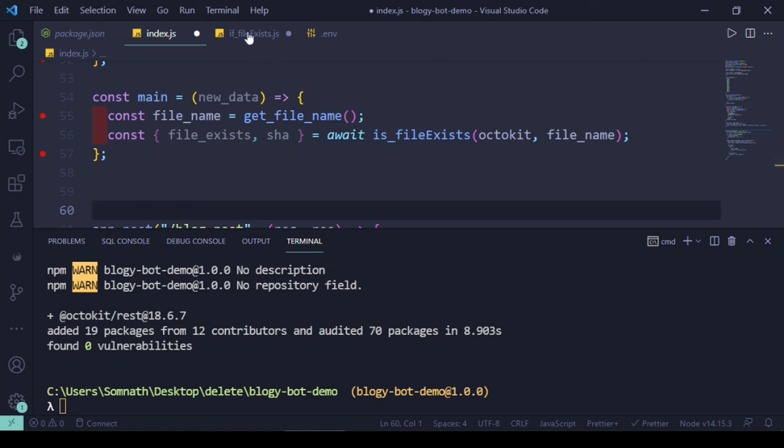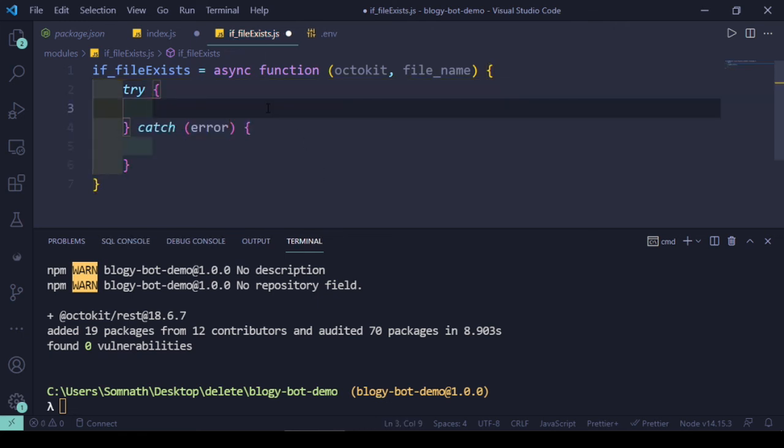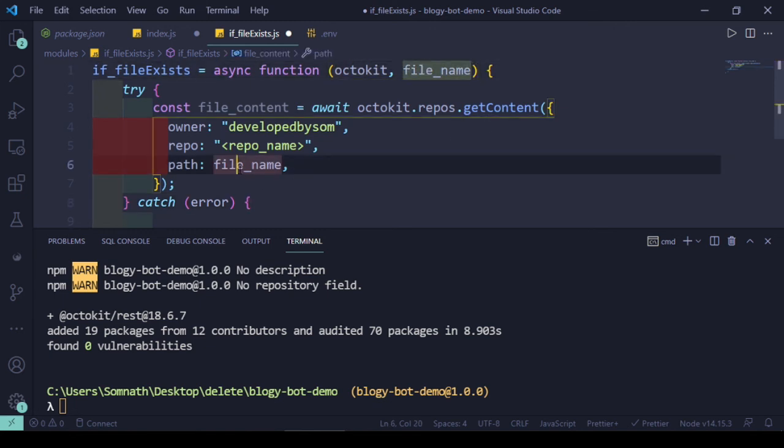So obviously this module which you're creating, we need to add it to our index.js. We'll do it soon. So let's put a little bit of coding in to validate whether the file exists or not. Let's put the entire code piece under a try catch block, and in this try section we'll paste this piece of code where we get the file content, whatever the file name we have received from index.js, that will be passed under the path parameter, and we'll give a repository name.